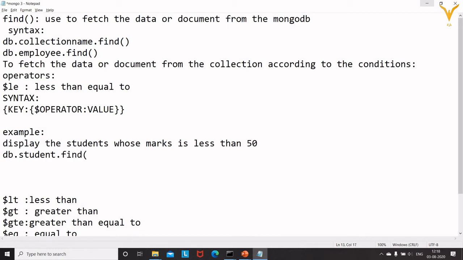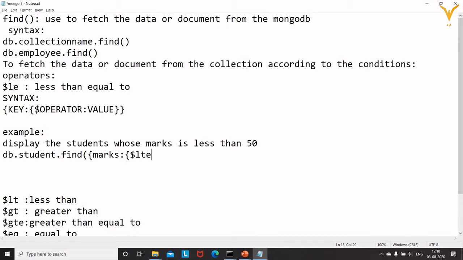Now inside the find you are going to write the condition. So for that, open the curly braces. What was the syntax? First we have to write the key. In our case, the key is marks, right? Then in marks, we have to write the first operator. Which operator are we going to use here? The less than operator. So we'll write it as $lte. That is less than equal to, LTE.